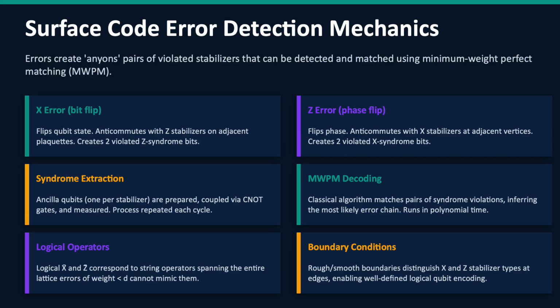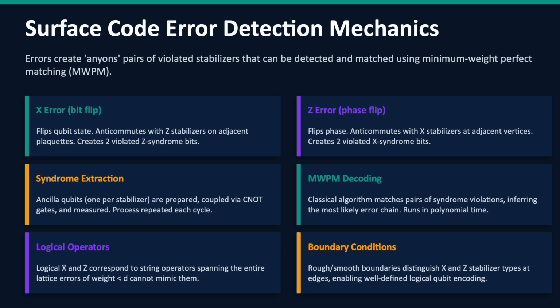When a qubit in a surface code suffers an error, the consequences ripple outward in a very specific and detectable way. A bit flip error on one qubit violates exactly 2 of the nearby phase type checks, creating a pair of warning signals in the check results. Similarly, a phase flip error violates exactly 2 of the nearby bit type checks. In both cases, errors always come in pairs of violations. A single isolated violation is not possible for a physical error, so any single violation would immediately flag a measurement error rather than a qubit error.